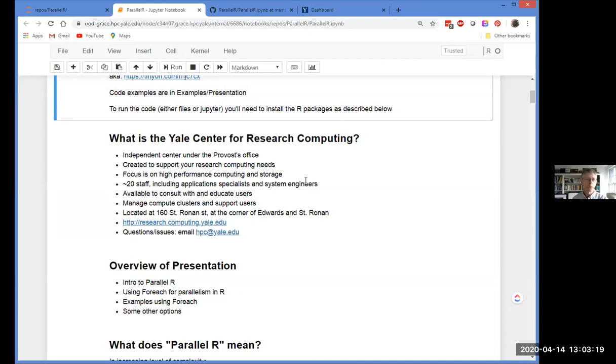That's kind of our specialty. And as such, we manage all the high performance compute clusters. We help users use those clusters. We do consultation and education like this, and so forth. Normally, we're located at 160 St. Ronan. If the world were normal, that's where we'd be right now in our conference room there. But today we're not.